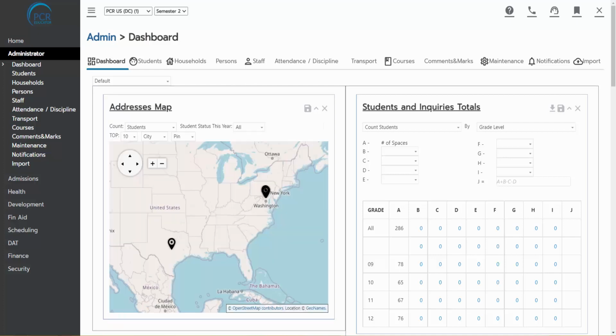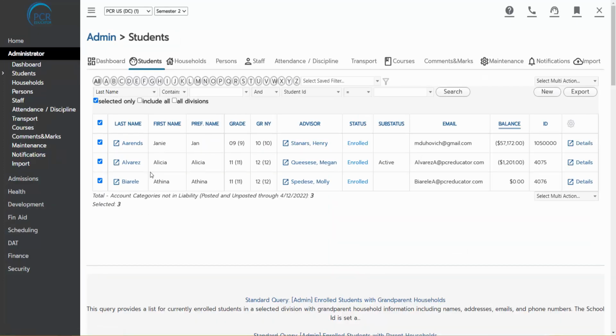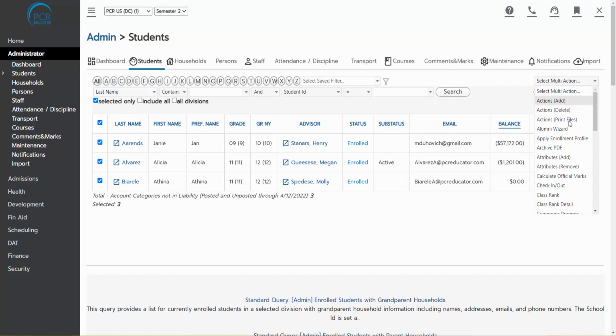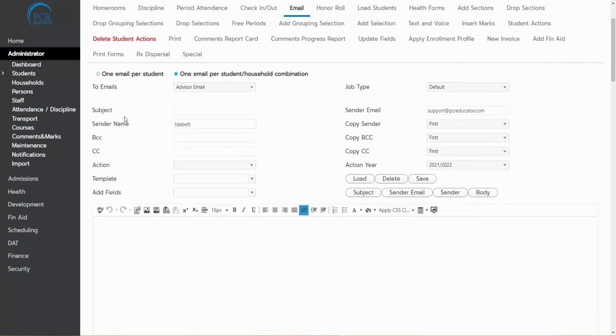Next, I'm going to cover the email option. So if I go back to my list of students, I have a few students already selected. And if I want to send an email to a group of students, I can go to multi-action and then select the email option here. When I do that, I'm brought to this particular screen,